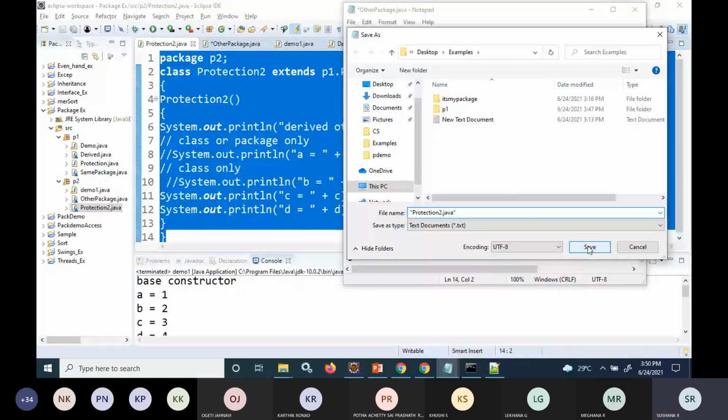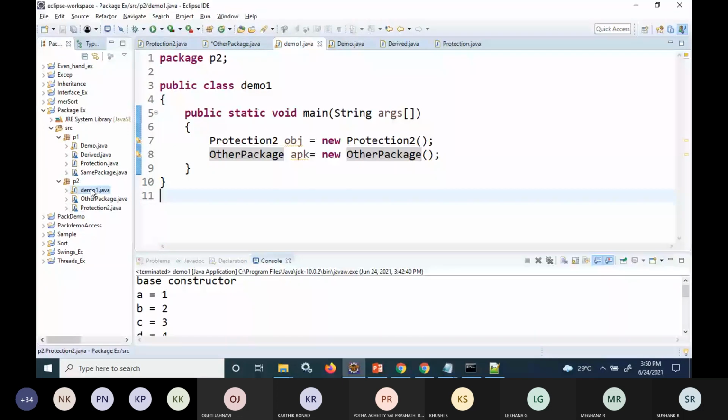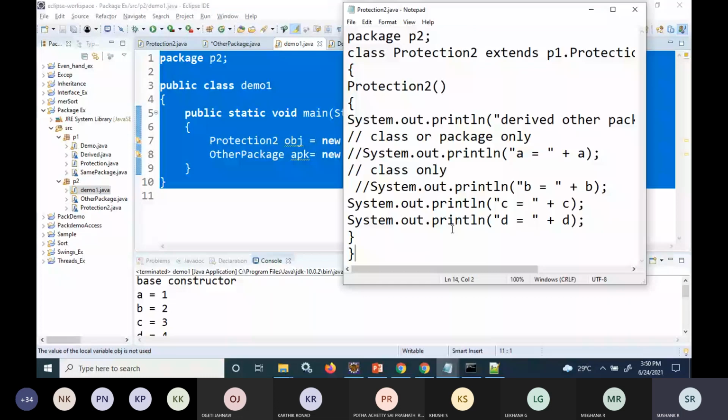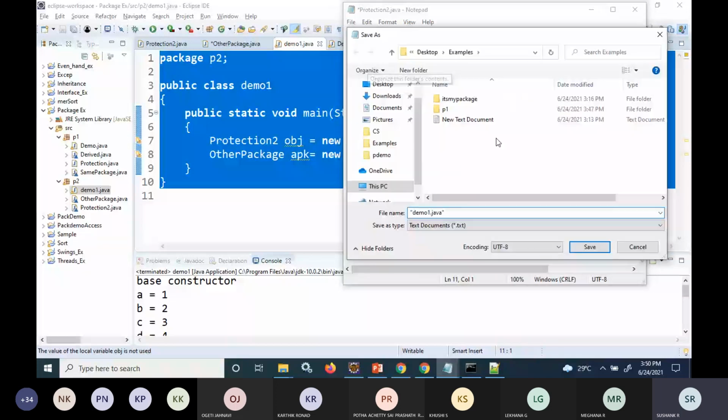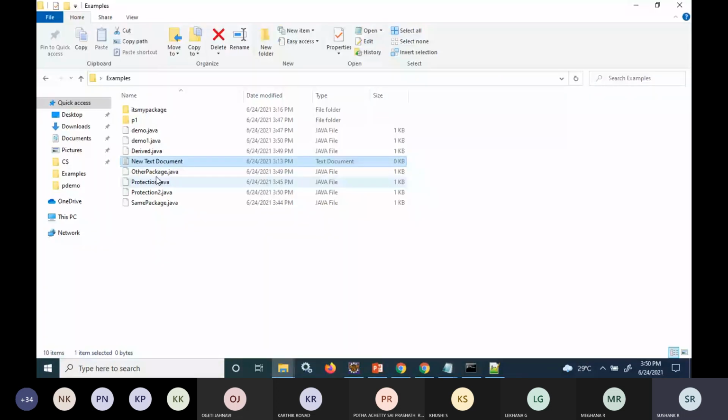And this is demo one file, save as demo1.java. Now the same process should be repeated. When I run this, I'll confirm whether the files are there. So I've created protection2, other package, and demo1.